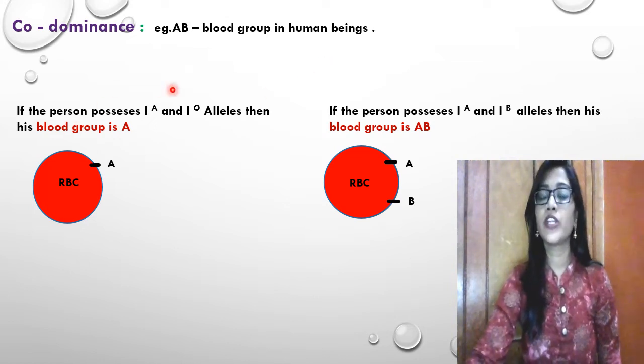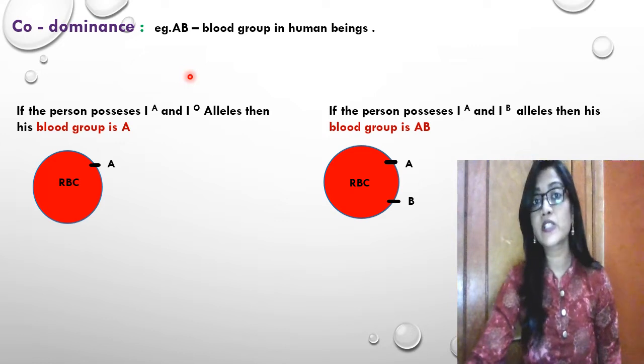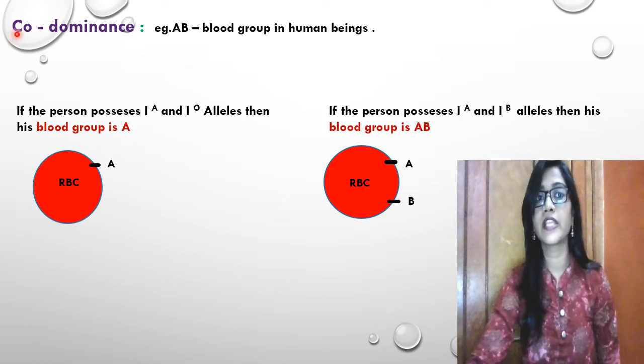Okay. So it's not about the ABO blood grouping system, take care. Here we are talking about how the A and B antigens both work together, or express themselves together. That is the example of codominance. That's what we are going to study in this example. So let's study it in detail now.